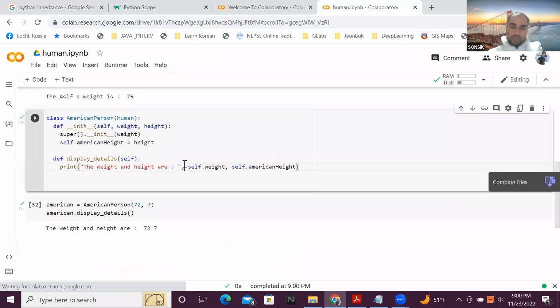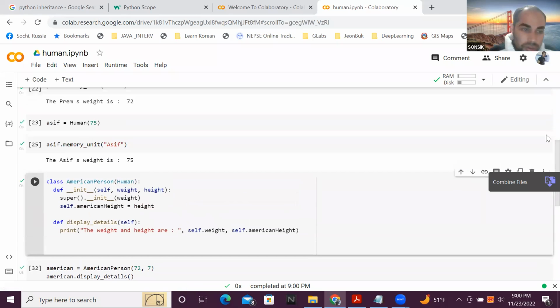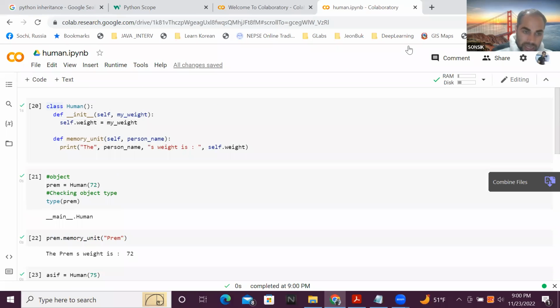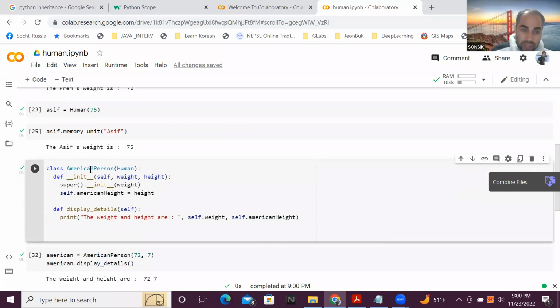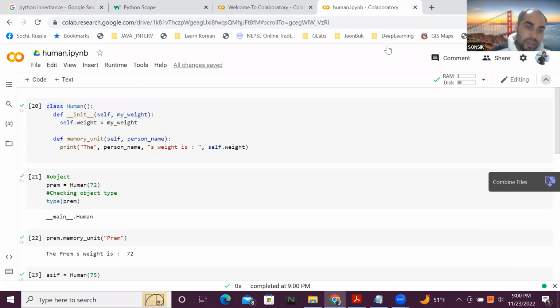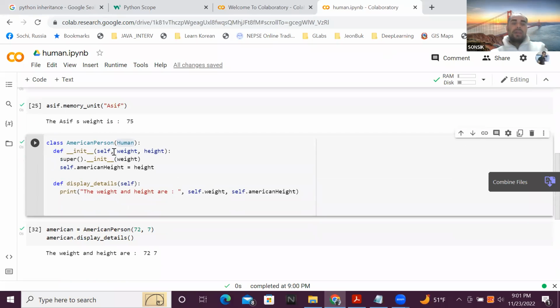So now what we did was we just reused the functionalities of class person, class human, and we created a child class known as American. How can we create the child class? We created the child class using this American person, and within that construct we just give its type as human. So human is nothing but this class human. This human class we created, and then we initialize the human class with self, weight and height, and then what we called